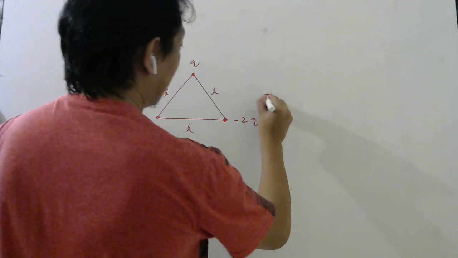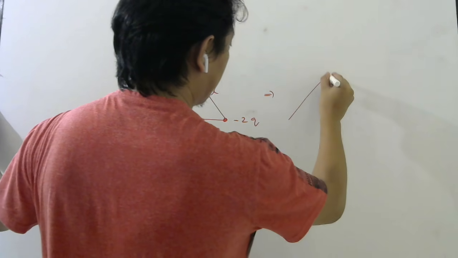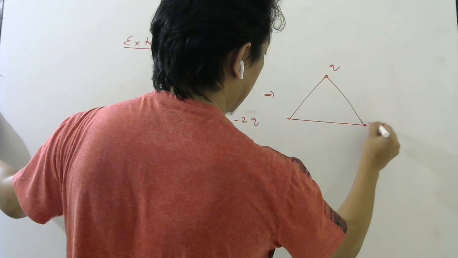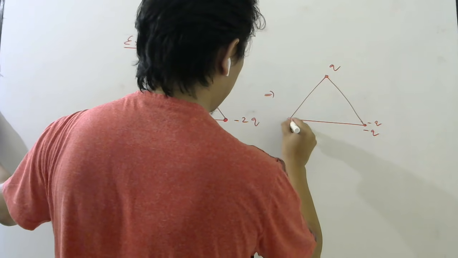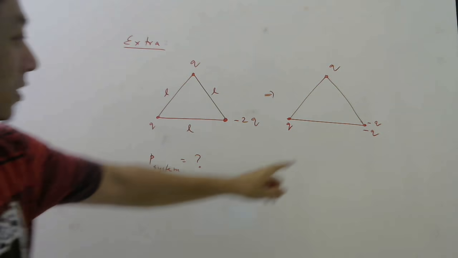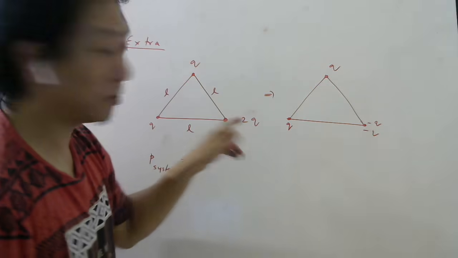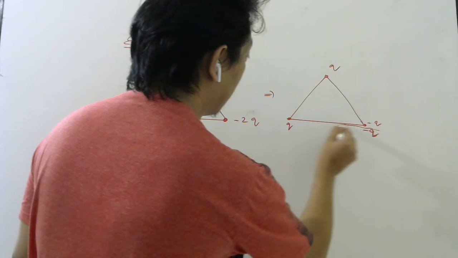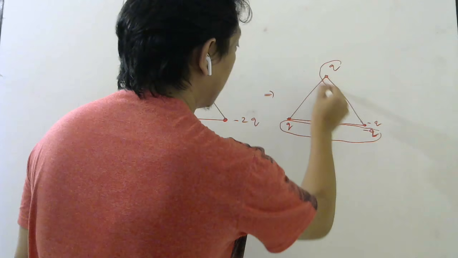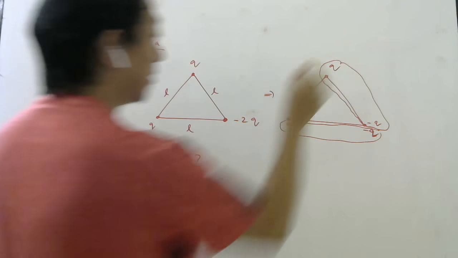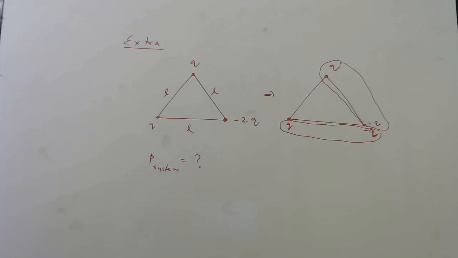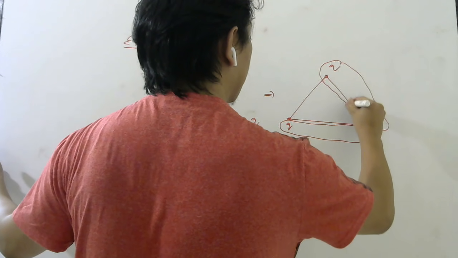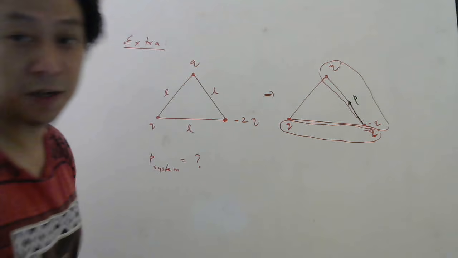I can imagine this diagram like this also. Here q and here minus q, and minus q and q. Same, no? Because if you add minus q and minus q, you will get minus 2q. Now look carefully. This q and this minus q will form a dipole. This q and this minus q will also form a dipole. Yes or no? So the dipole moment of this minus q and this q will be in this direction. Dipole moment is from where to where? Minus q to plus q.